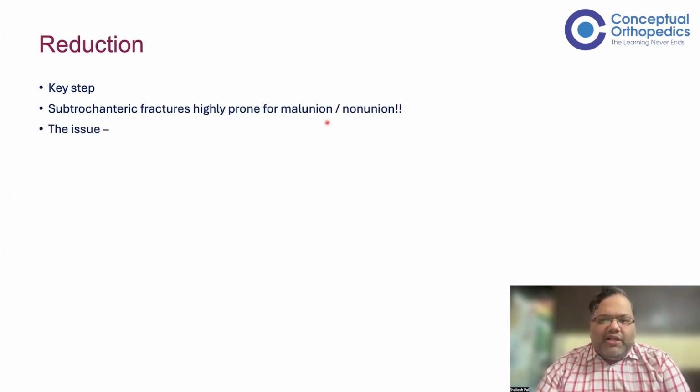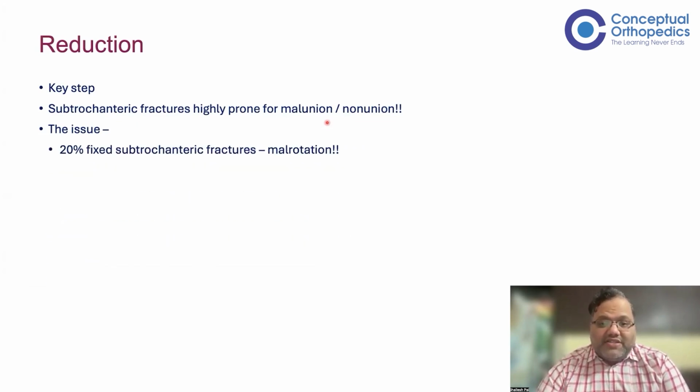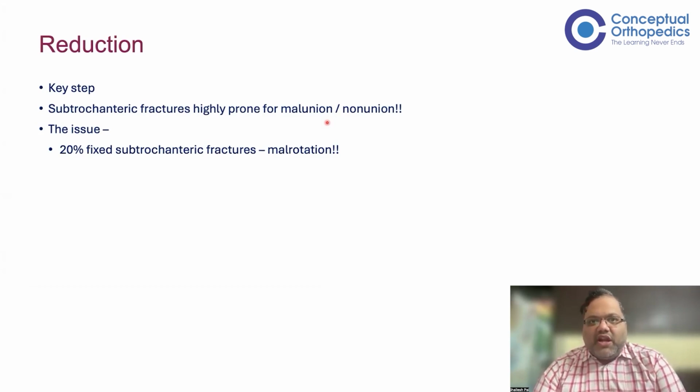They're highly prone to malunion and non-union, not because they're in the subtrochanteric region, but because the final outcome of our reduction may not be great. The issue, as found in literature, is that almost 1 in 5 cases, 20% of subtrochanteric fractures, are malrotated. This is especially more worrisome whenever we have a comminuted subtrochanteric fracture. If we have a simple fracture pattern,